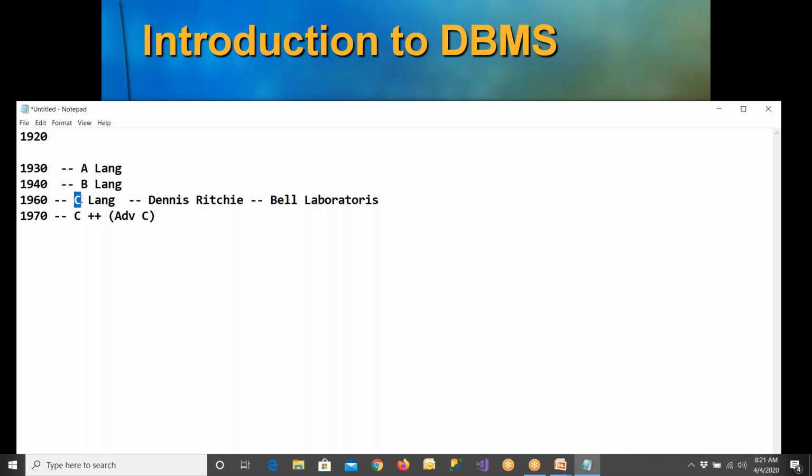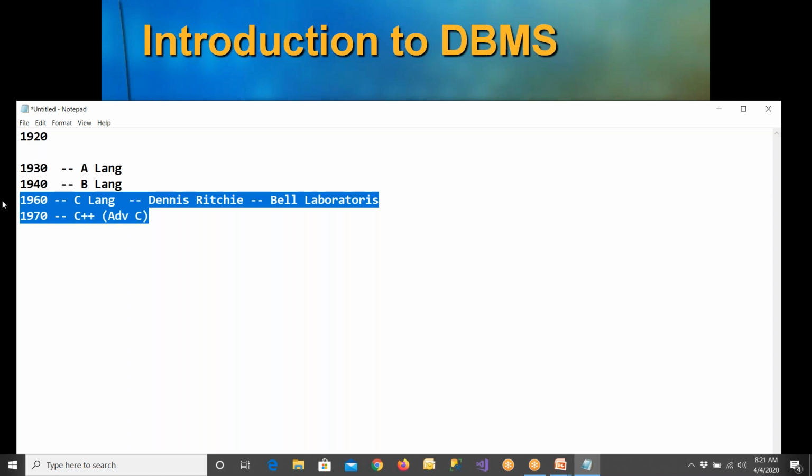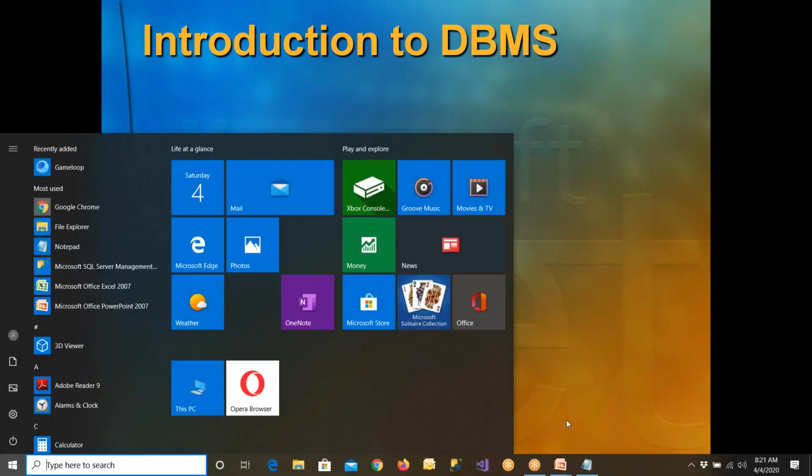All the syntax of C language will work, but apart from that, you will have some extra features added, and this is a completely OOPS oriented language. OOPS concepts and everything got implemented. This is the history of the languages. Then after the early 80s, we got Java, .NET, and a lot of other languages were introduced into the market. Now you have Android, PHP, this one, that one. Many languages are available, but in the early 60s and 70s, we had only these two languages to communicate with the computers. Let us understand what is the purpose of a language.